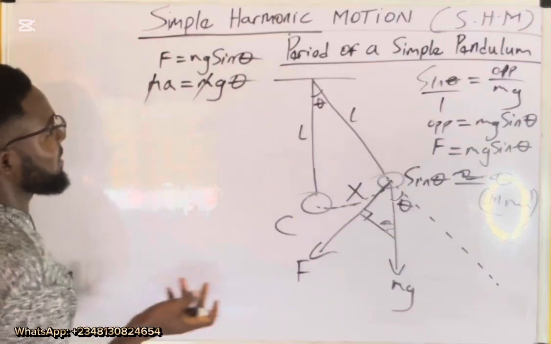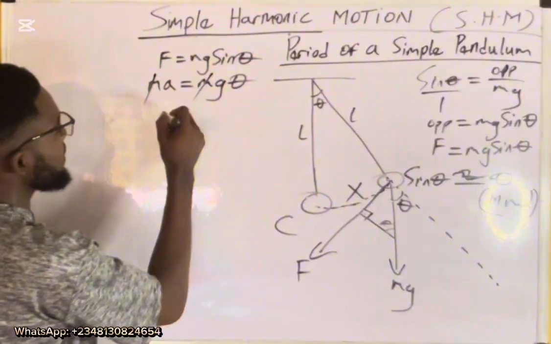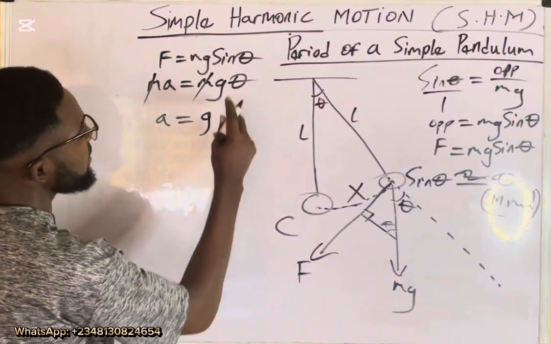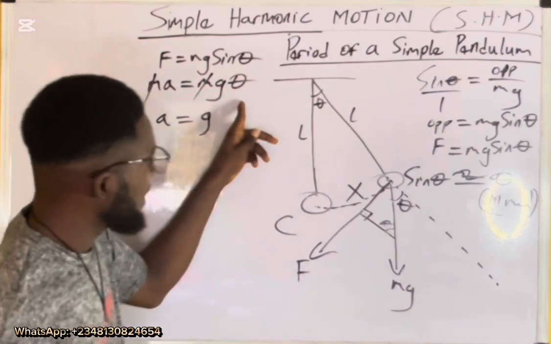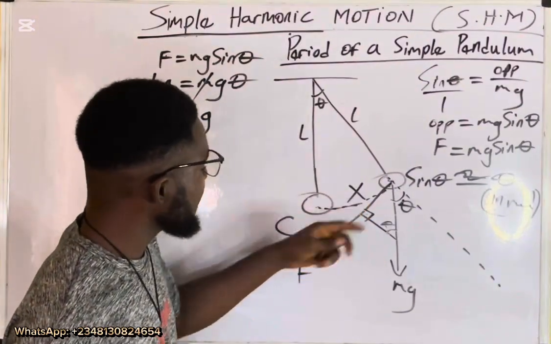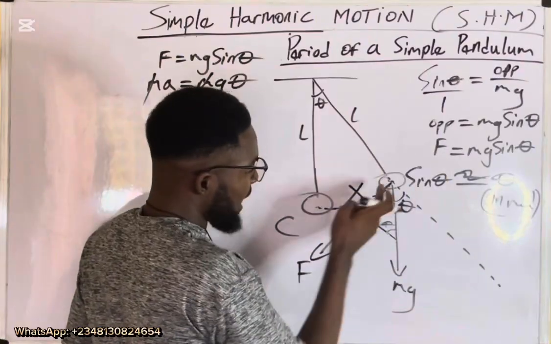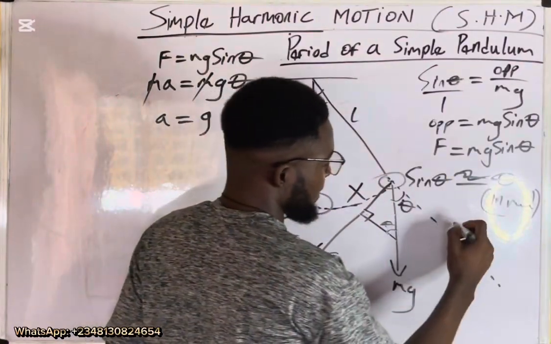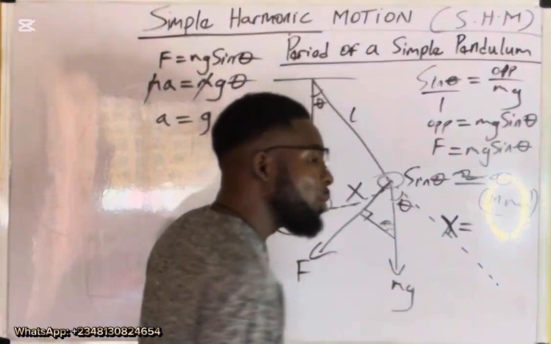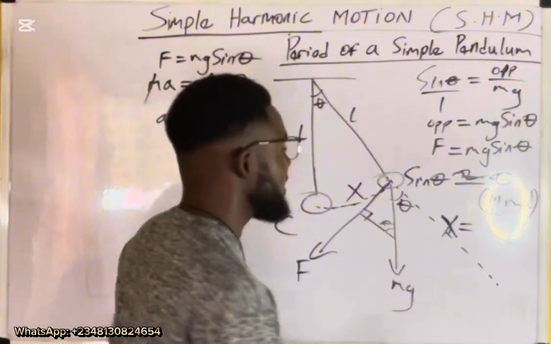mass will take away mass right here. So what is the acceleration? Acceleration is equal to g theta. What is theta? Theta in this case, remember, this is the arc of a circle, which is x. Know that x, which is the arc of a circle, from what we did in our previous class, is